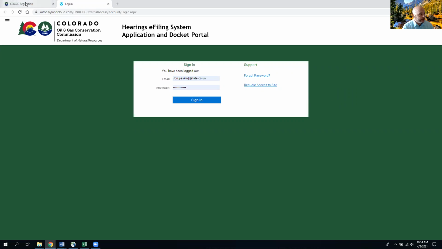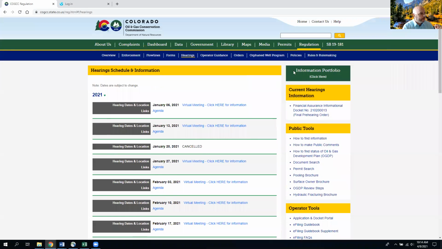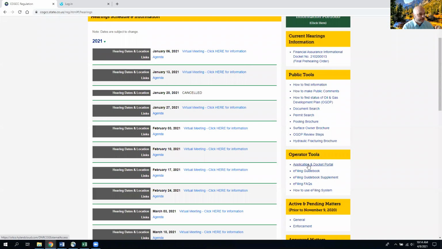We're not going to get down into the weeds with that, but as I stated before, I'm back on our website here under regulation in the green bar, hearings in the blue bar, and then you scroll down here under operator tools. Even though it's not always an operator that's utilizing it, you click on this application and docket portal. By the way, it's also worth pointing out that these links under here, these e-filing guidebook supplement, FAQs, and how to use the e-filing system are all incredibly helpful and will continue to be updated as we evolve,